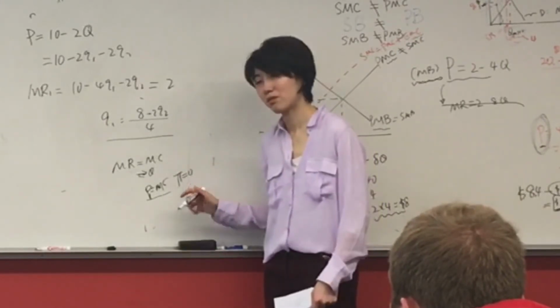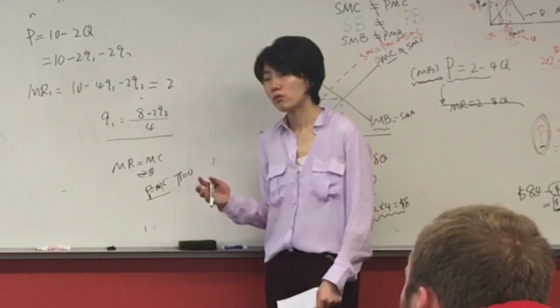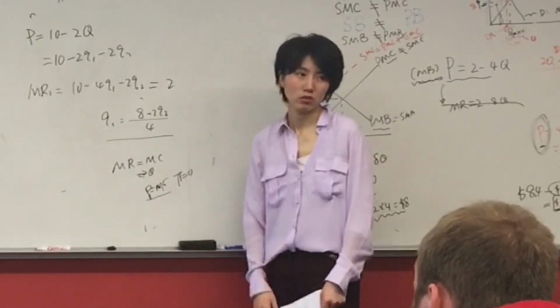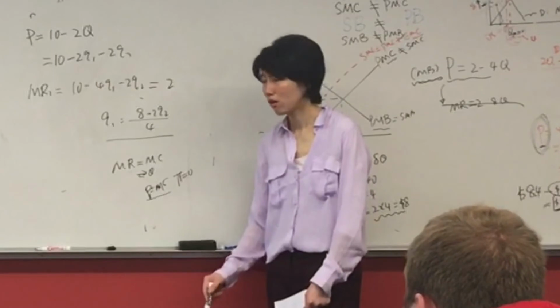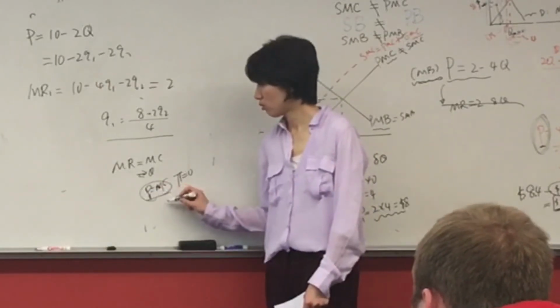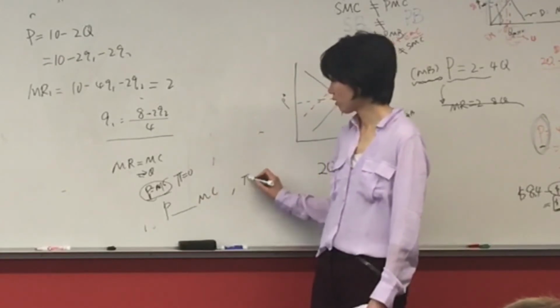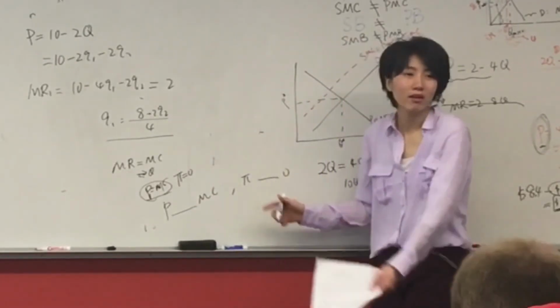Okay, the question I would ask you: for the long run, what is the long run equilibrium profit for the monopolistic competition market? Price equals MC. Does price increase, decrease, or equal MC, and does profit increase or decrease to 0? Okay, so that's